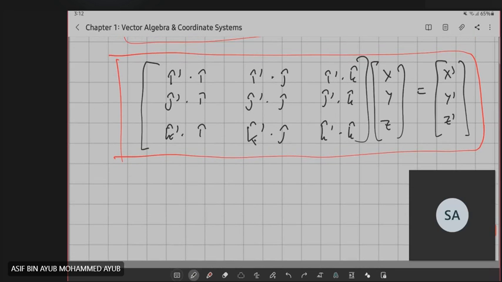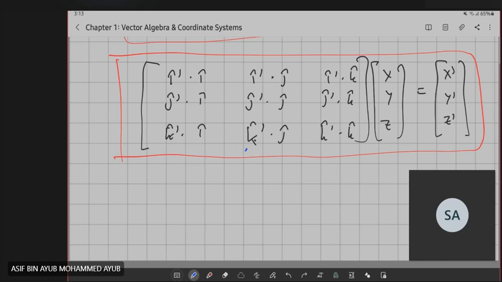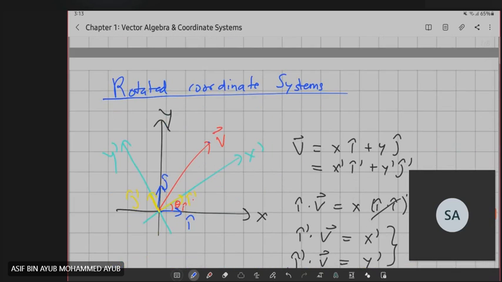What we're seeing here is a linear transformation. That's a big word, linear transformation. What it means is that you can imagine this matrix to be like a function that takes in a vector v like this, and it gives you another vector v prime. Now v prime is a rotated vector. For example, suppose I was in the xy coordinate system here,